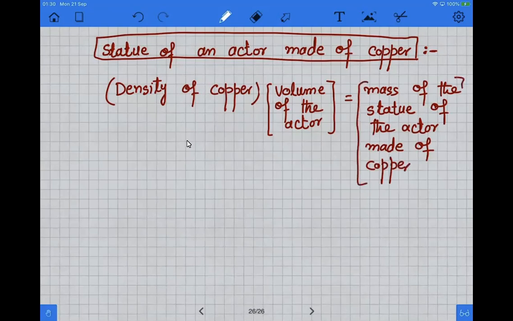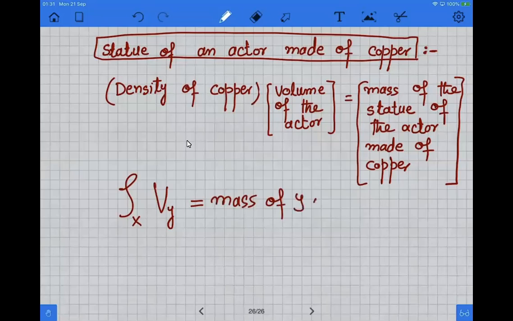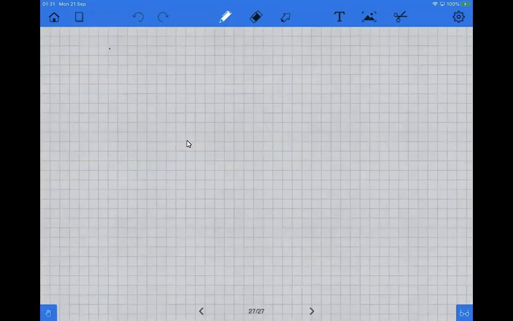So here what we understand is that if we multiply the density of an object X with the volume of an object Y, then we get the mass of Y if it is made of X. Now here we get the final formula for upthrust that we achieved,